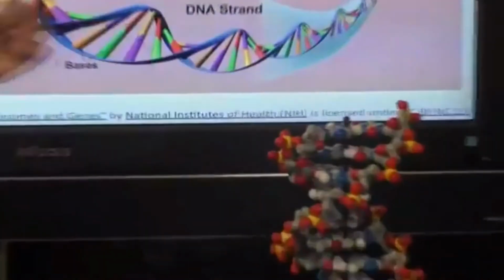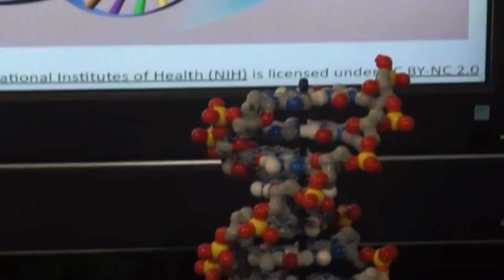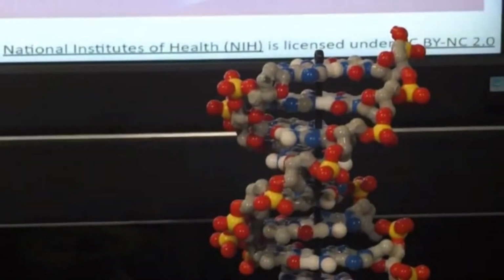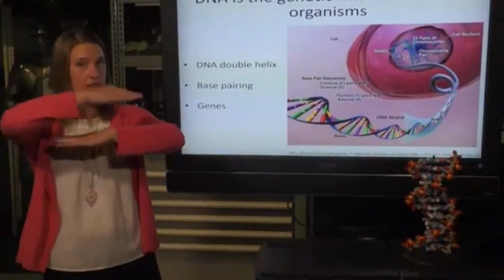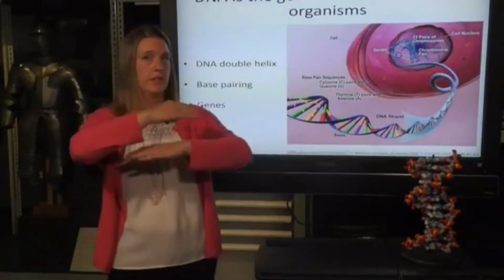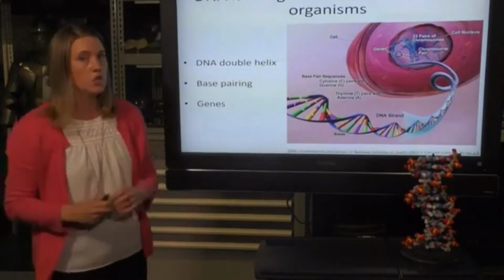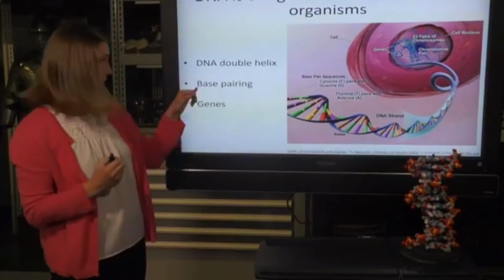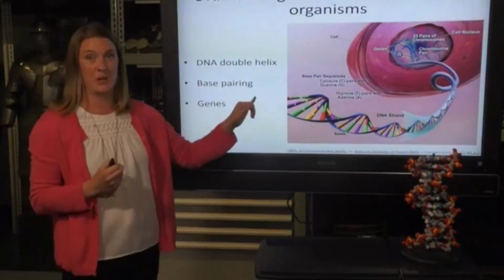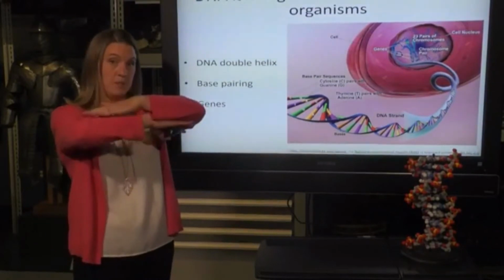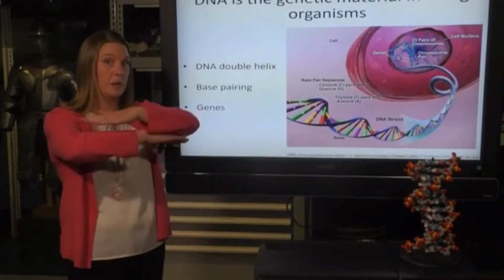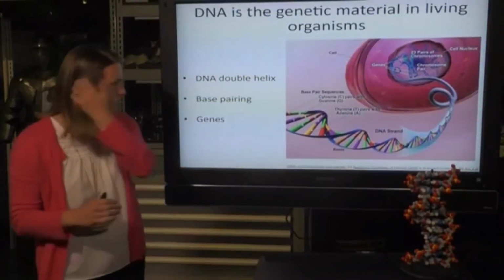So maybe you heard about this before, that A pairs with T and G pairs with C. If there's an A on one strand, there will be a T on the other. And if there's a G on one strand, there's a C on the other. And that's what helps hold the DNA double helix together. So that's going to be important for later. I want us to understand that we call that base pairing. Okay, so the formation of interactions between 2 strands that's mediated by that complementary base pairing.